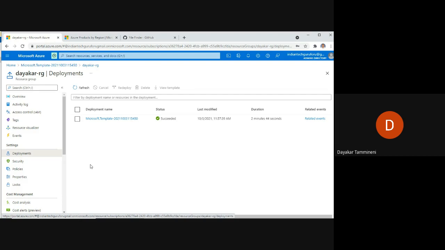For example, if your project manager asks you to change from standard SSD to premium SSD because more computing power is needed, then we can just open the JSON file, change the standard SSD to premium SSD, and then redeploy the virtual machine. Sir, are you telling that it has to be opened in Visual Studio? It is not required.